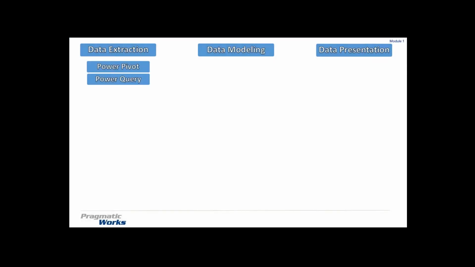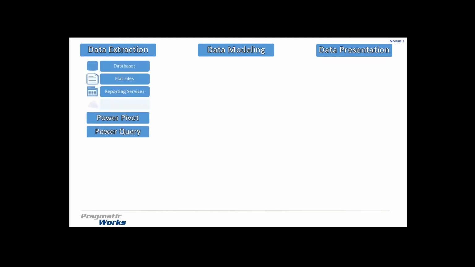So as far as the data extraction level goes, we have two tools there, Power Pivot and Power Query. Power Pivot is going to pull from a variety of locations, so it'll pull from most any of your relational databases, so SQL Server, Oracle, Teradata, any of the cloud services as well from Microsoft. So if you have any of your data in Azure, you can pull from there. Flat files, Reporting Services reports. We can pull from a lot of different places on-prem as well as in the cloud there.